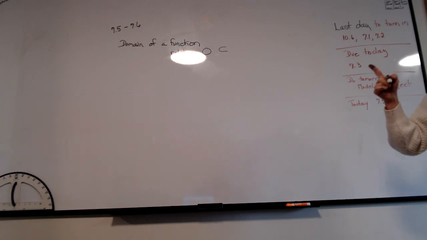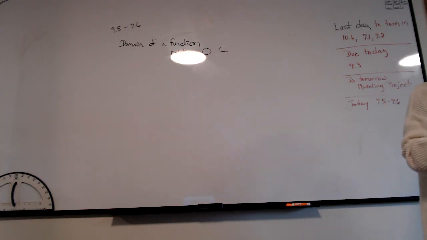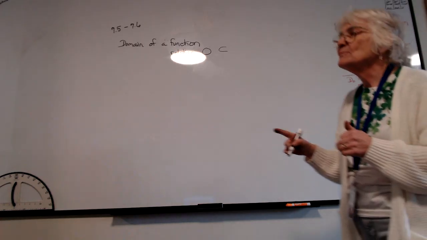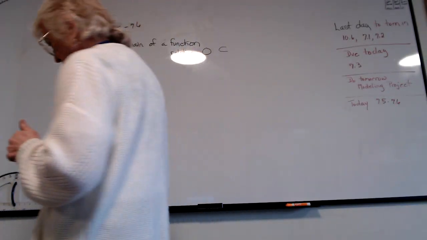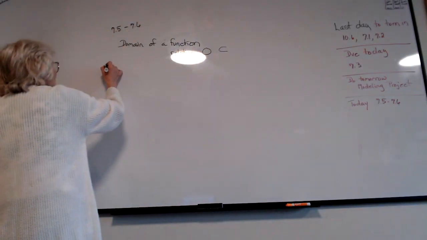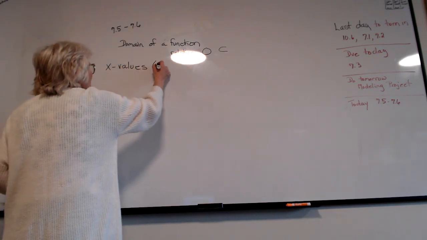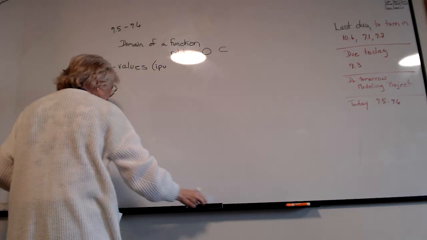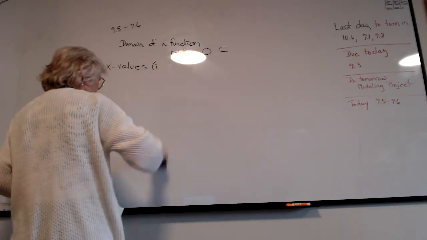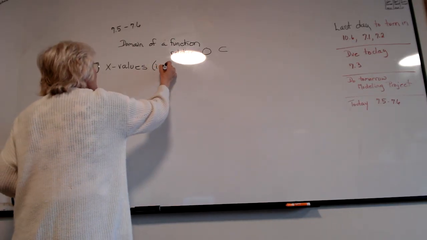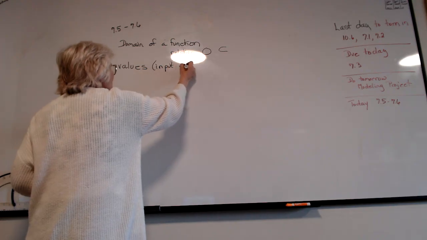So when we're looking at domains of a function, and that's what we really look at, but sometimes they'll ask, what's the domain of this relation? Okay. Remember, domain is the x values. Remember, I told you domain is the x values or the input values